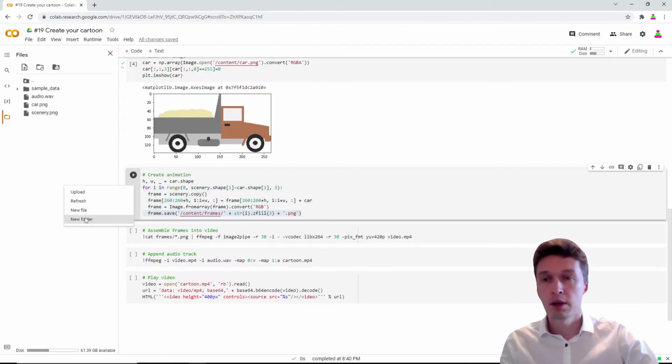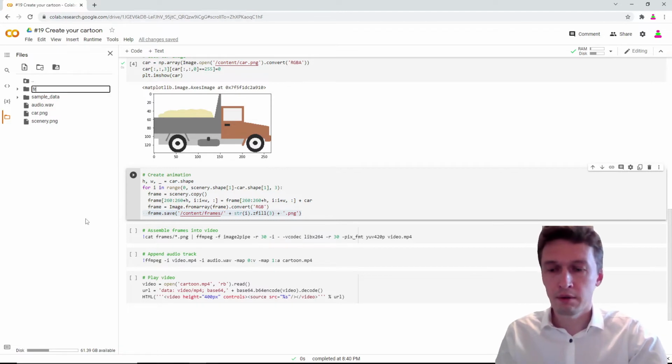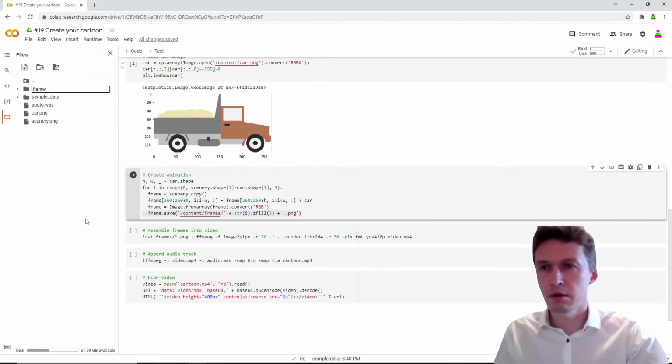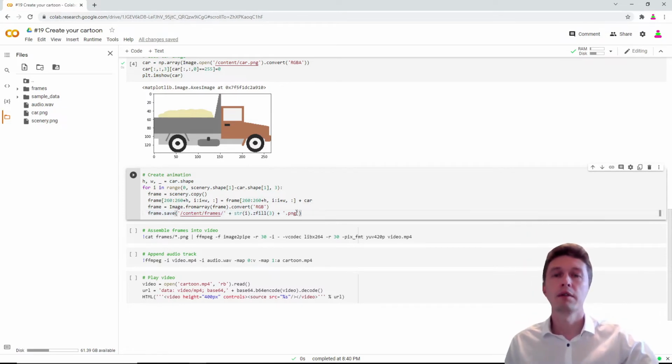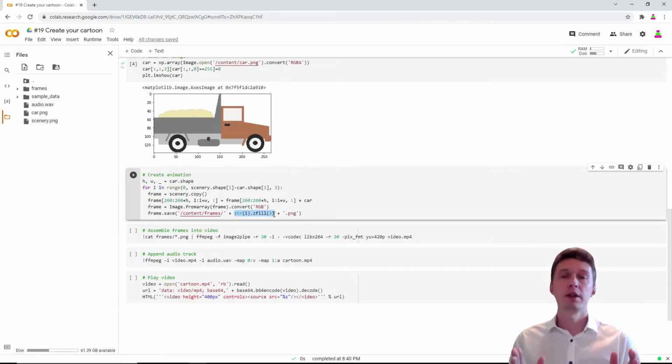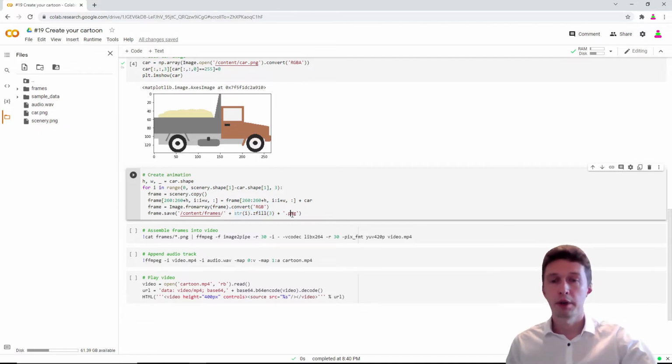Let's create this one. We save it and give it a name, a consecutive number padded with zeros from the beginning to have a correct sorting of files. This will be PNG. So let's run. And we will create around 700 frames.